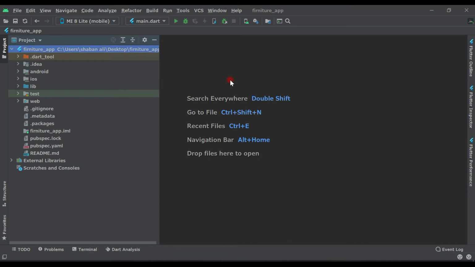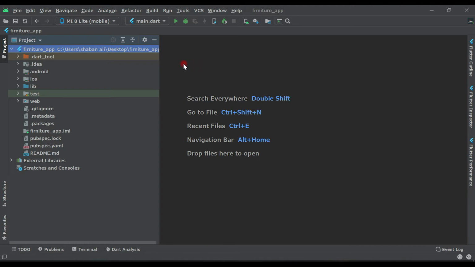Splash screen means when anybody opens the application, it will display your logo and company name, and after 5 seconds it will automatically jump to the next page. I hope you have seen many applications where the splash screen is displayed. When you open any application, for a few seconds a logo displays, and after that it goes to the next screen automatically. So we will do all these things in this video.